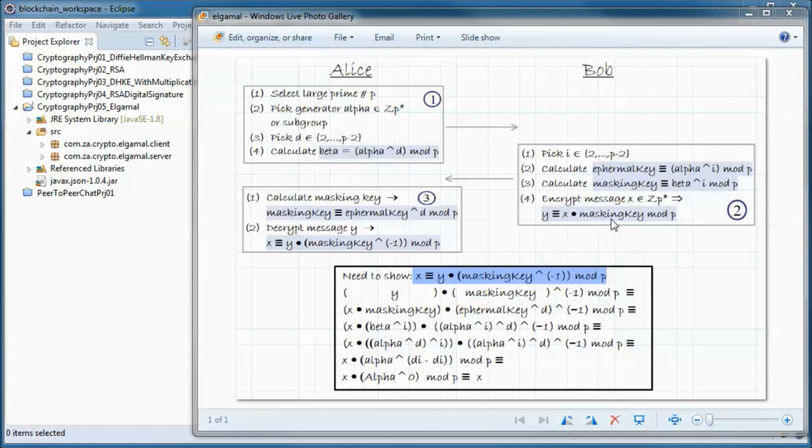So X multiplied by the masking key in mod P will give us the encrypted message Y, and he sends Y and the ephemeral key to Alice.